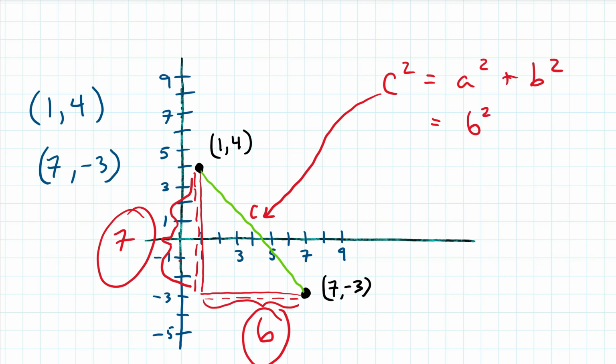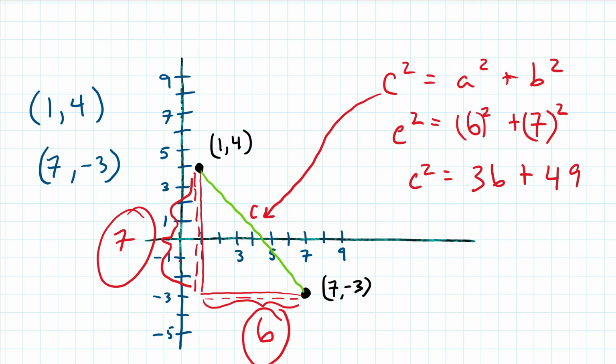So we'll have 6 squared plus 7 squared is equal to the c squared. So 6 squared is 36 plus 7 squared is 49. Alright, so c squared is 36 plus the 49 is 85. And at that point, we're using the square root property, so we're squaring both sides. So when you square a square root, they cancel, the radical symbol and the exponent cancel, so you're left with